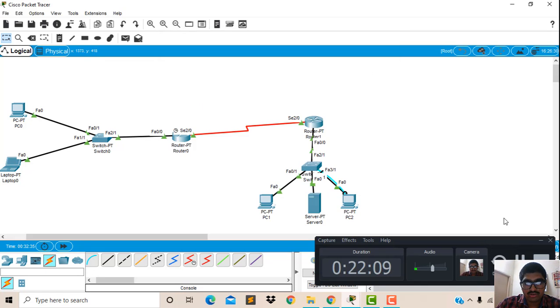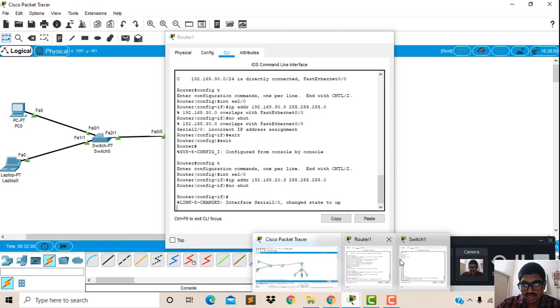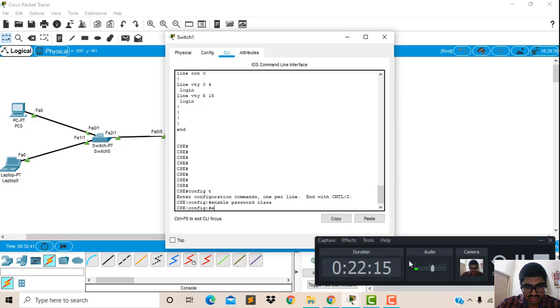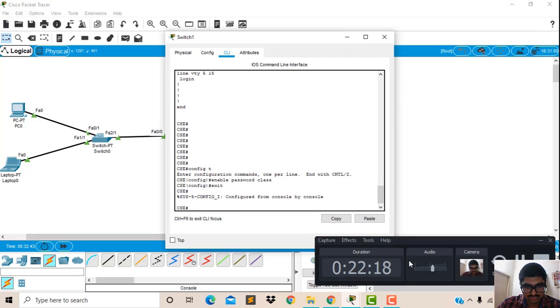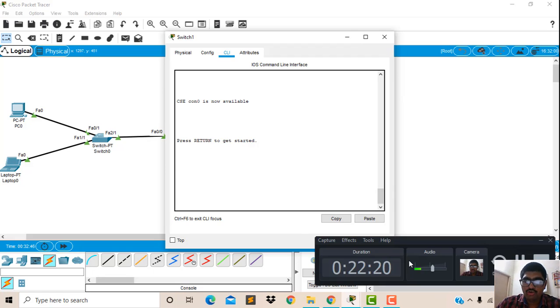Now after this we have to check whether the password is assigned or not. Now we have to exit. This password helps when we enter enable, after entering configure terminal, to go to the privilege mode. To enter the privilege mode, we have to give the password. When we enable, it will ask for the password. Now the password is class. We enter, it will go. Now when we enter config t, it is going to the privilege mode. This is the password for going to the privilege mode.